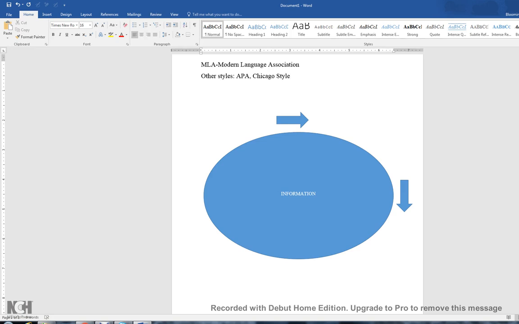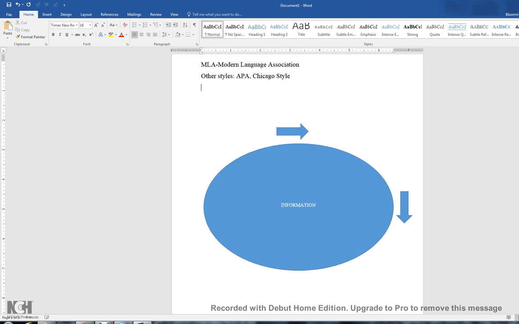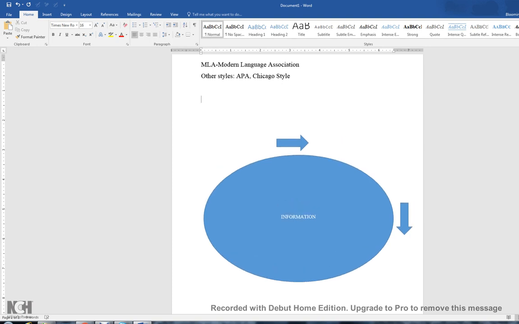Now, we're not going to focus too much on those other styles in our class, but the reason we have different styles is because someone who teaches English will research differently from someone who teaches biology. So MLA is a system that we're using mostly for writing purposes. And so that's what you need to use, and that's what we're going to focus on in the class.